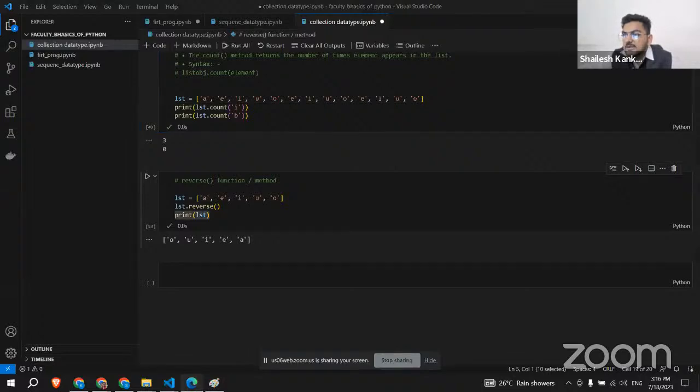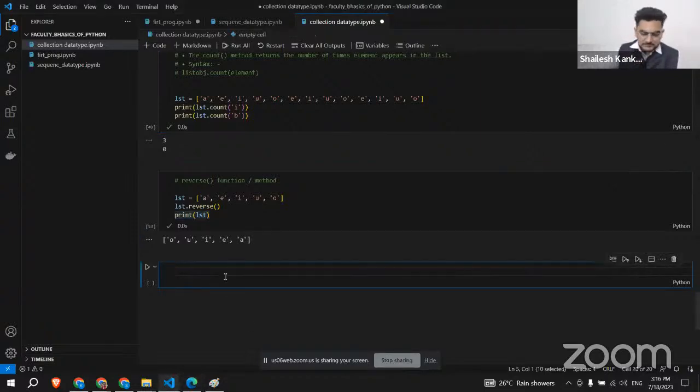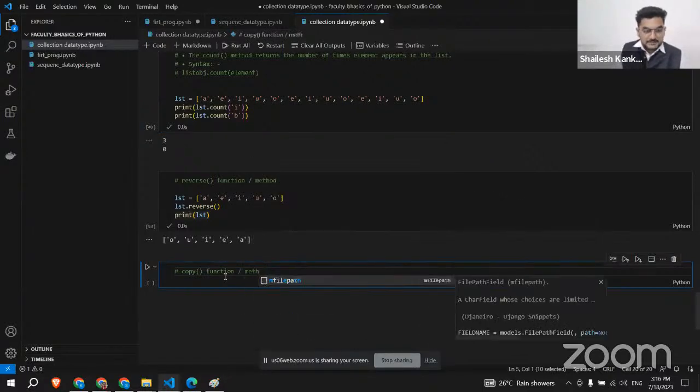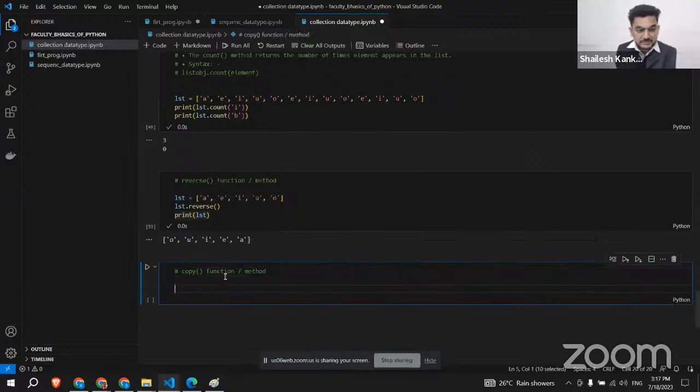Extend is remaining. Sorry. The sort and extend is also remaining. Okay, done. So we'll jump on to the next function, which is nothing but copy. The copy function or method. So in this method, what the copy method does, the copy